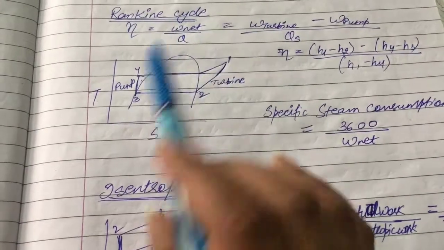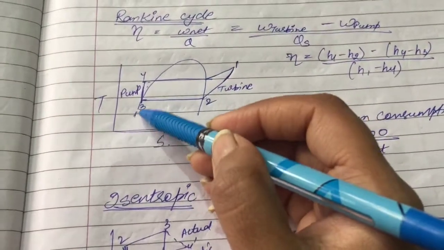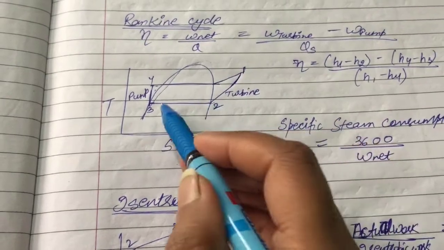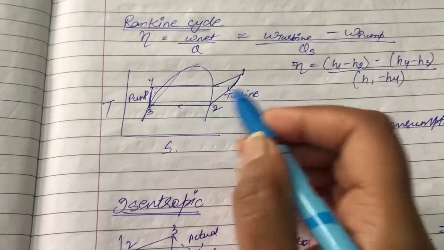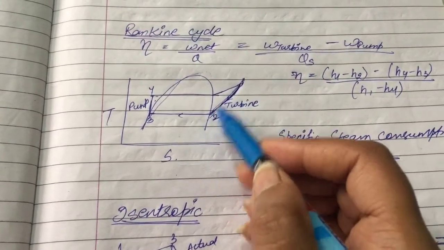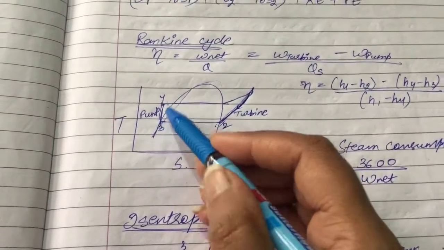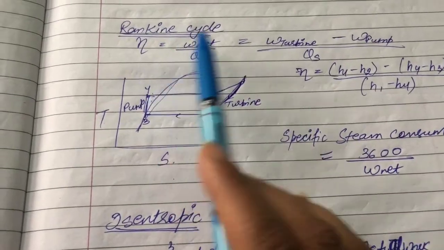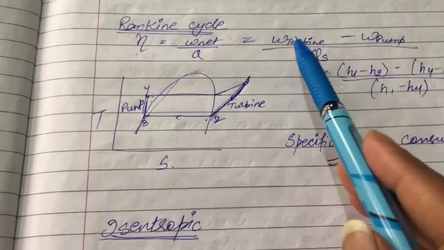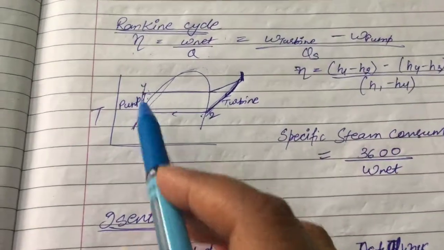Next is the Rankine cycle, for which the temperature versus entropy graph is in this form. This is the cycle, with temperatures 1, 2, 3 and 4. So it goes in this manner, and here is the turbine work between 1 to 2, and between 4 to 3 is the pump. So to calculate, Rankine cycle efficiency is equal to net work by Q, and net work is work done by the turbine between 1 to 2 and work done by the pump between 4 to 3.